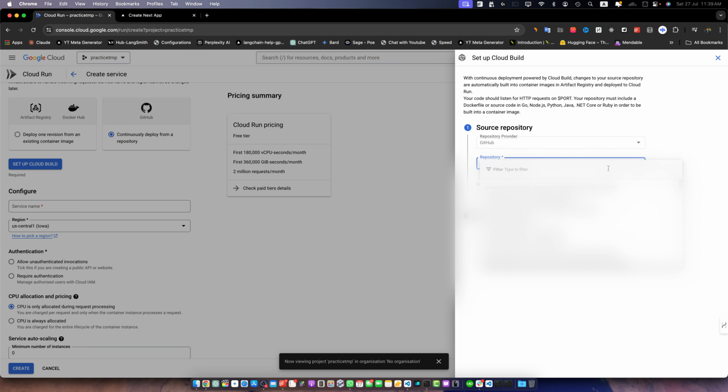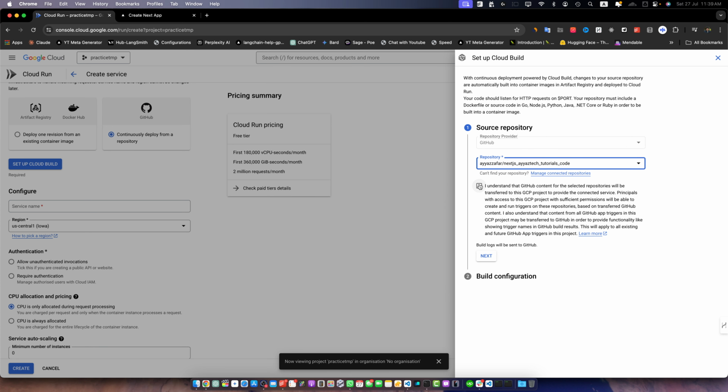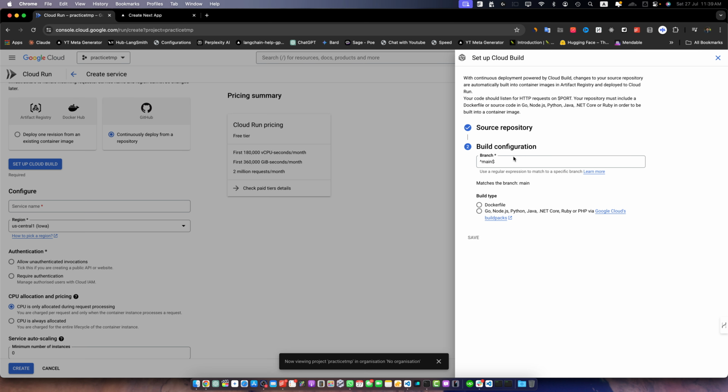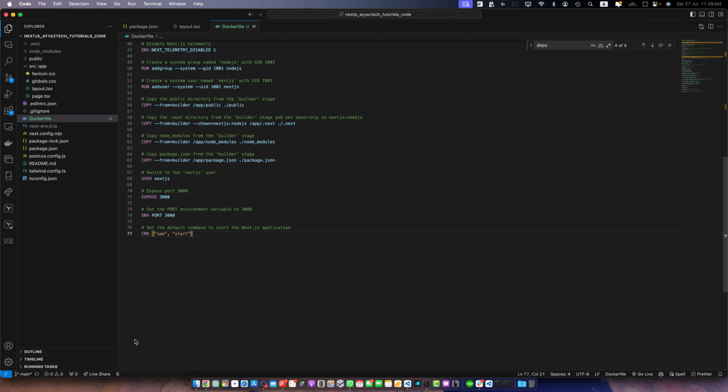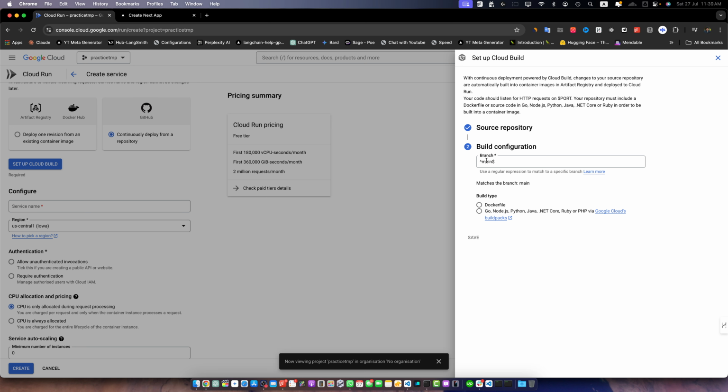So in this drop down, I will see all of my projects. So search for Next.js. Once you select your project, you just have to click on the I understand to accept the policies and click on the next button. And once that is done, here you have to make sure that the correct branch is selected. If you want to deploy the main branch or whatever branch is visible here, then it's okay. But if you want to use a different branch, for example, I have multiple branches: model, navbar, REST API. If you want to use those branches, you can select from here like this. But I want to keep the main one selected, so it's fine.